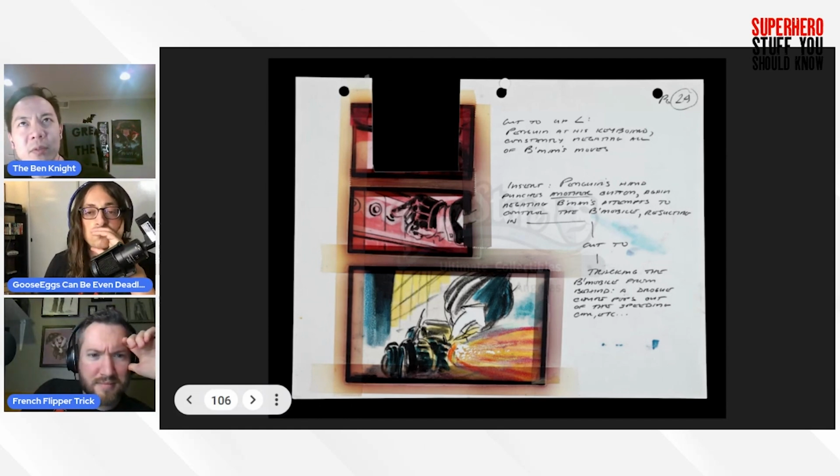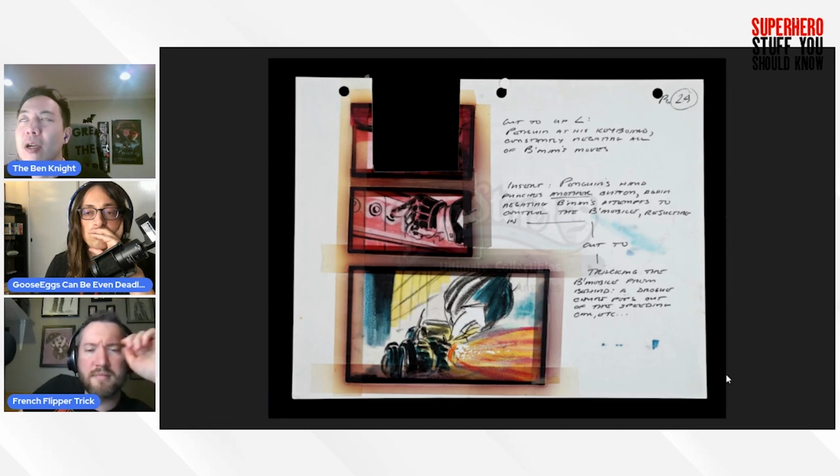I don't remember this type of stuff specifically in the script, so that's why I'm a little more thrown off by the storyboards, because I'm like, wait, I don't remember this. But they're trying new stuff, like what if this happened, or what if that happened? I guess it is the big action piece of the film, like one of the big action pieces with